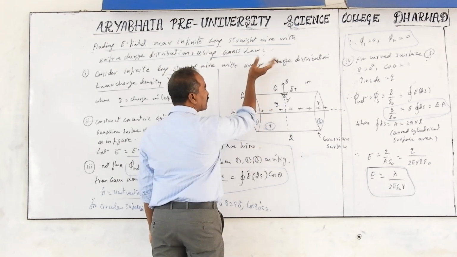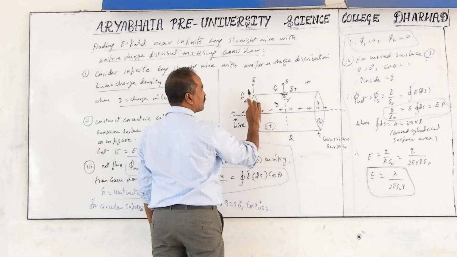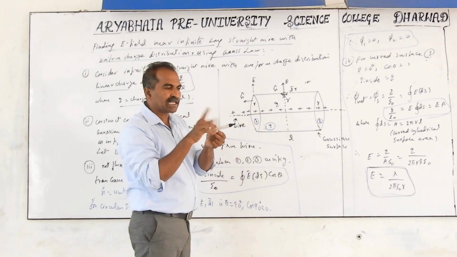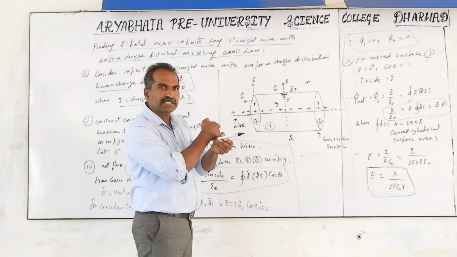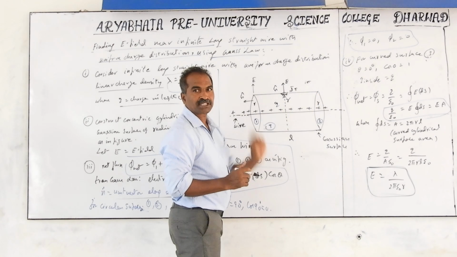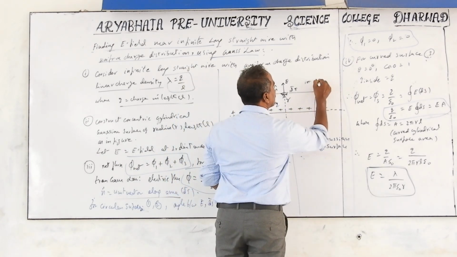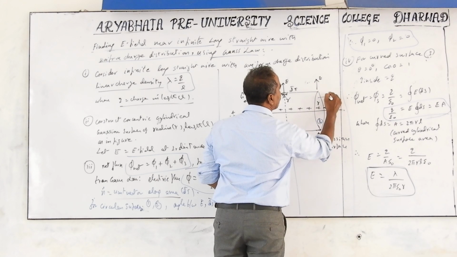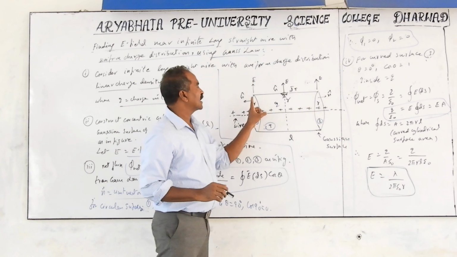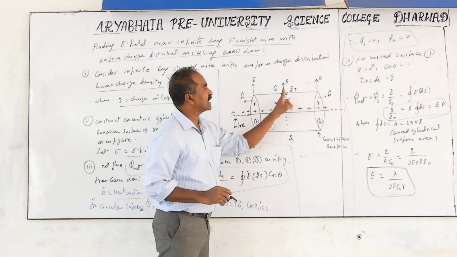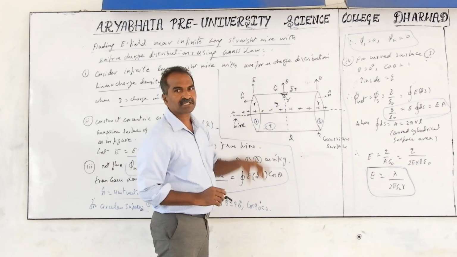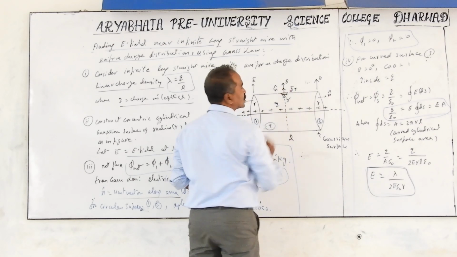What about the electric field? The electric field is away from the positive charges, upwards, downwards, and this side also, radially in all directions away from the wire. In the diagram I am showing only one direction. So here the electric field is this side and the area vector is this side. For these circular areas, theta is 90 degrees between E and n. But for the cylindrical curved surface, E and ds, or E and n, are in the same direction. Therefore, for this surface, theta is equal to 0.